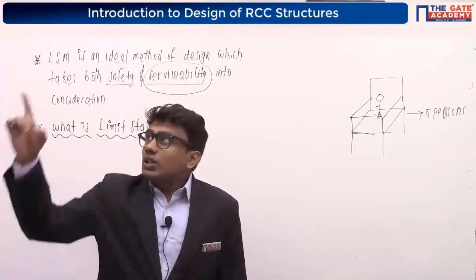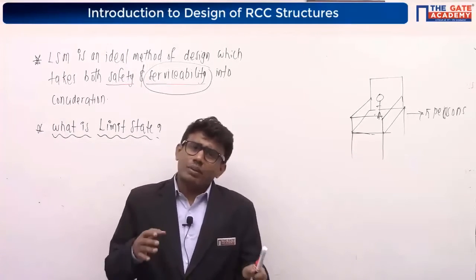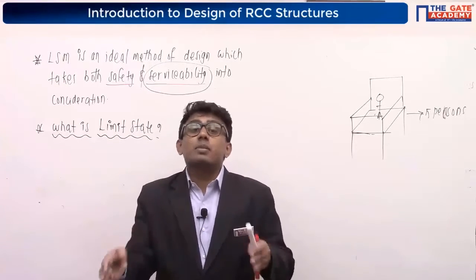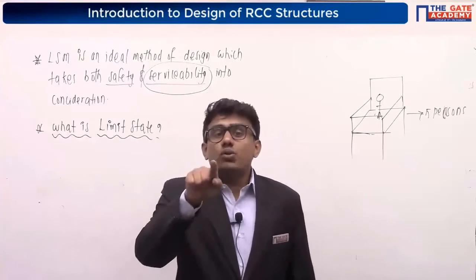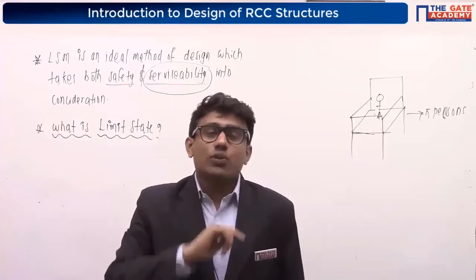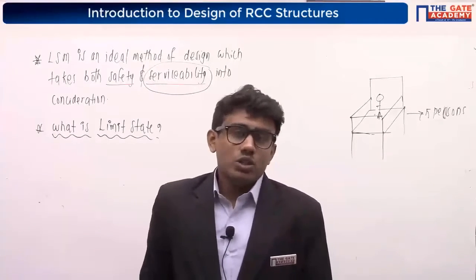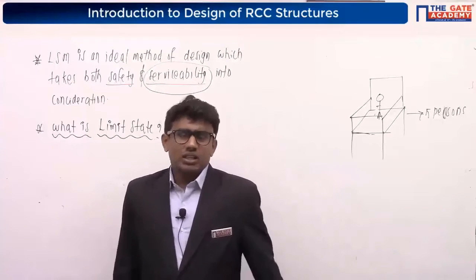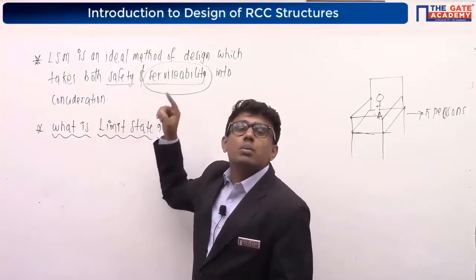Getting my point? Taking the chair example, when I sit on the chair, there will be some vibrations and some deflections. But those deflections must be within permissible limits. Which means we have to limit the deflections, deformations and vibrations to a certain limit. So that's the meaning of our limit state. We are limiting these things to get a safe and serviceable structure.